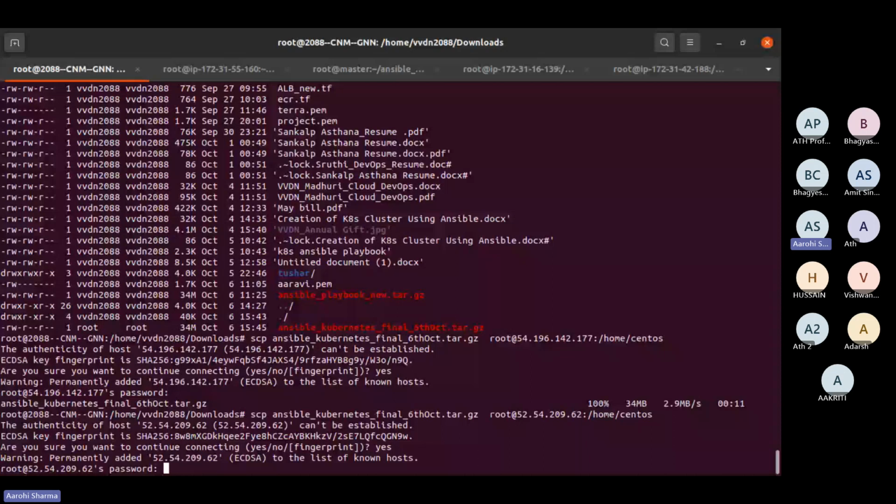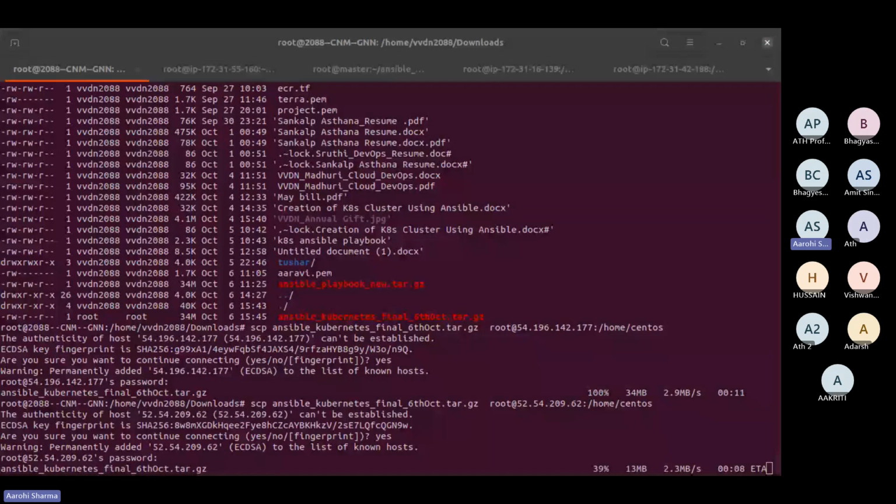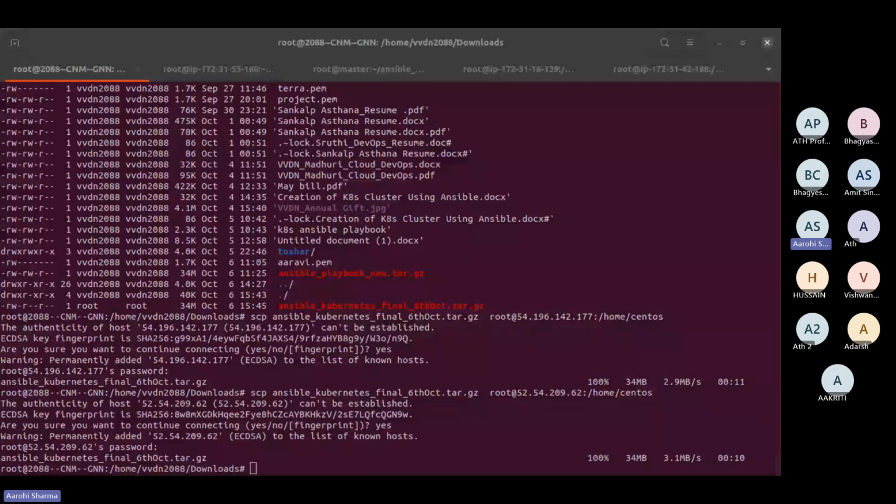Everyone, can anyone please do this with me? I hope that next time when you are performing this, Adarsh, Akriti, Bhagyashree, Amit, Vishwanath, Hussain, no one is unable to SSH into the server. Guys, I'm asking you. At least please cooperate with us. I'm creating the instance. Okay.